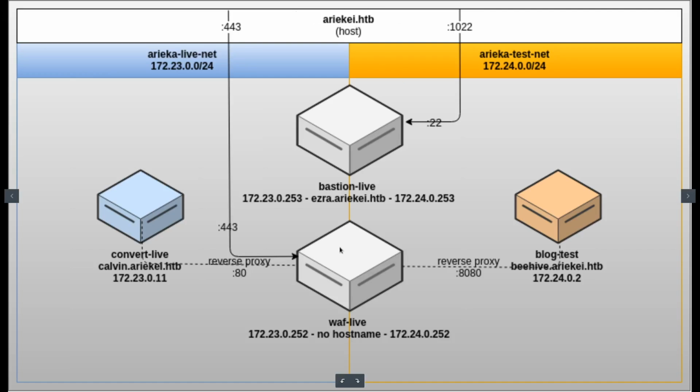But once you get on test, you're supposed to pivot into the Bastion, which is dual homed. That allows you to connect to Calvin directly without going through this web application firewall, and that's why you can do the Shellshock from this box. And then once you do that and get on this box, there's information that lets you pivot into the host, or Ariekei. And then from that, you can use Docker to PrivEsc. So hopefully this little thing makes sense once we start going through the box, and yeah, let's just jump in